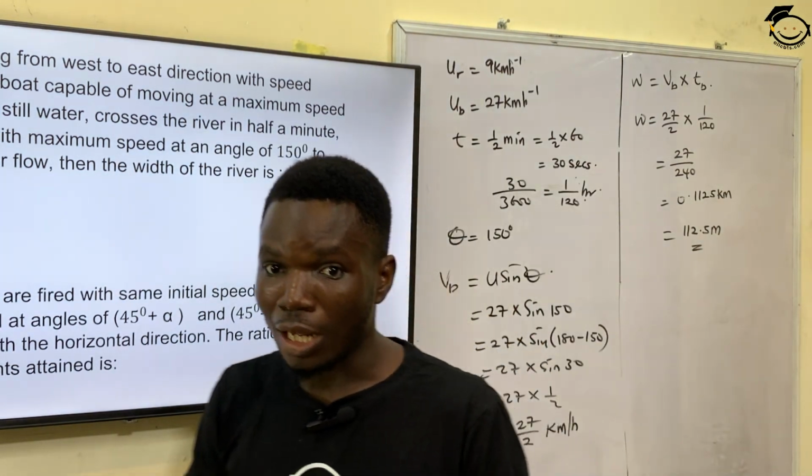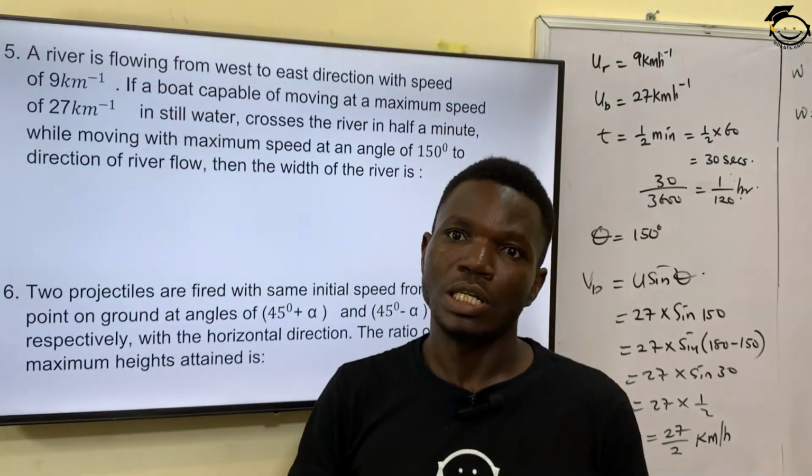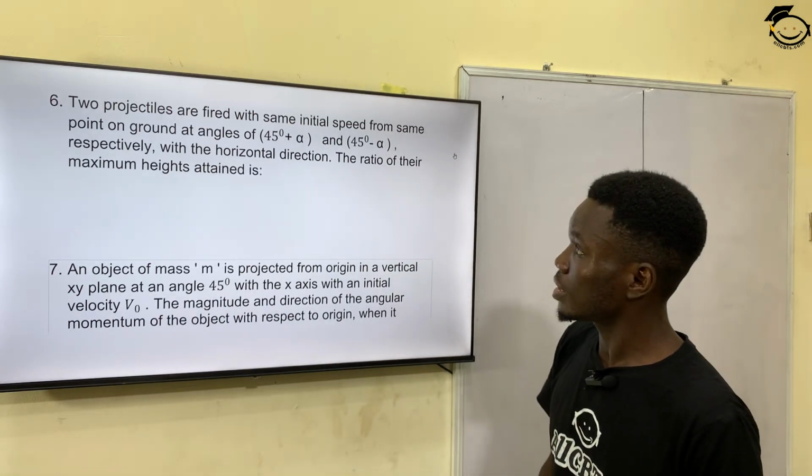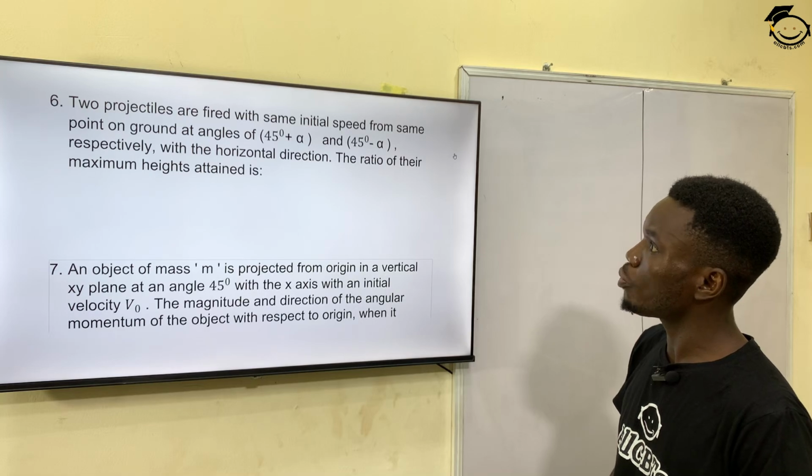The width of this particular river is 112.5 meters. Moving on to the next question. Question number 6 says, two projectiles are fired with the same initial speed from the same point on the ground